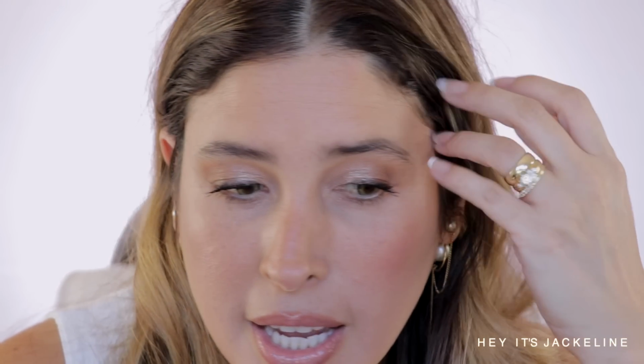Wow, I'm impressed with this foundation. Simply wow. Okay, let's talk about my driest area on my face. I think you can tell this area right here looks a little bit more luminous, and this one looks more matte because this is the driest part of my face. It looks very natural. It's not settling on those fine lines you see right there. Look at that. You see, it's silky. It's super, super silky. Now, I do not have dry patches. I just have a little bit of texture right here on this side and on this side right here, and